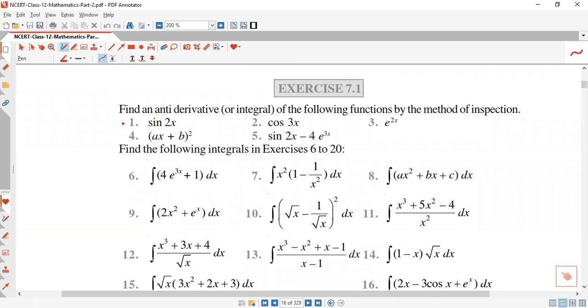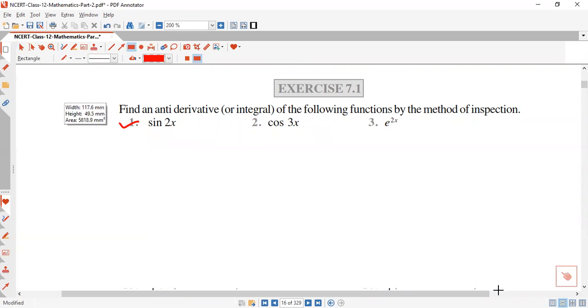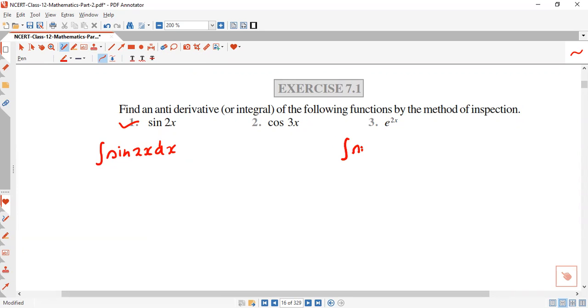Now, first we want to find the antiderivative of the function sin 2x. Let's see how we can find it. We know the formula. To find the antiderivative of sin 2x means we want the integral of sin 2x dx. We know the formula: the integral of sin x dx equals minus cos x